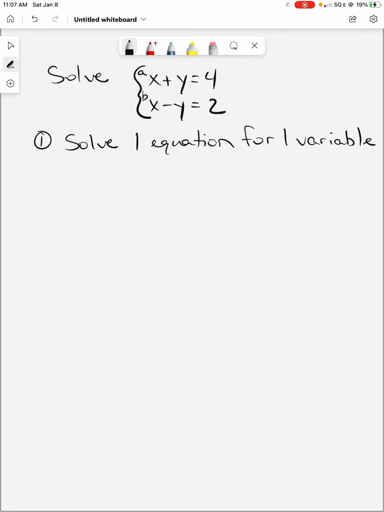So I'm going to choose equation B. I'm going to take equation B and solve it for x by adding y to both sides. So I get x equals 2 plus y. All right. Secondly, you want to substitute